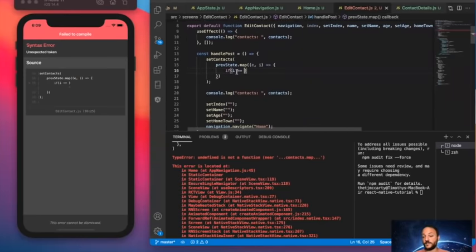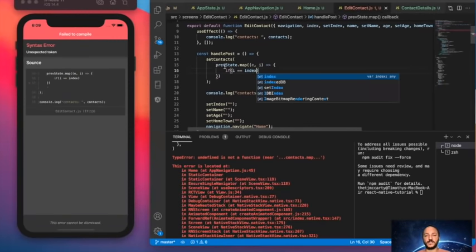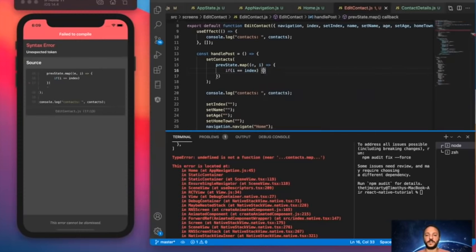If you use a double equal, it can be equal to both. It can be equal to a number or a string as long as it matches. So I'm going to go ahead and say if i, which is the index of the prev state element, so the contacts element, is equal to index, our current index, then